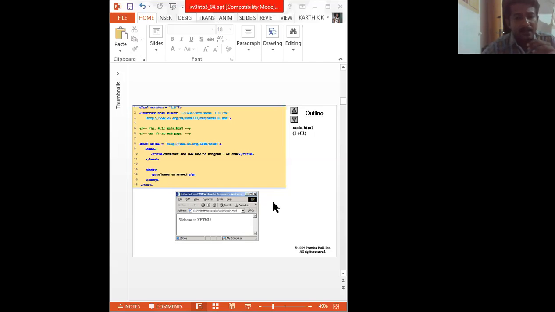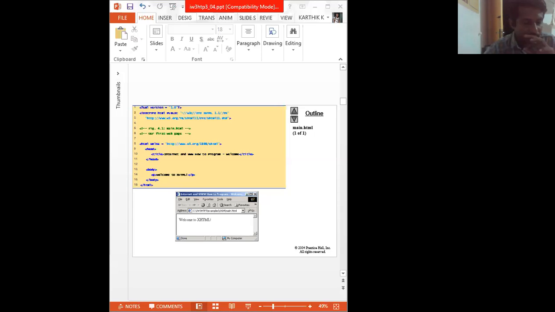Title element. The title element is called a nested element because it is enclosed in the head element's start tag and end tag. The head element is also a nested element because it is enclosed in the html element's start tag and end tag. Can you understand what I'm saying? The body section is also called a nested element because it is contained inside the html start tag and end tag, right? Fine.